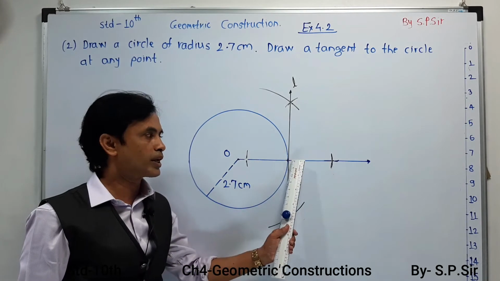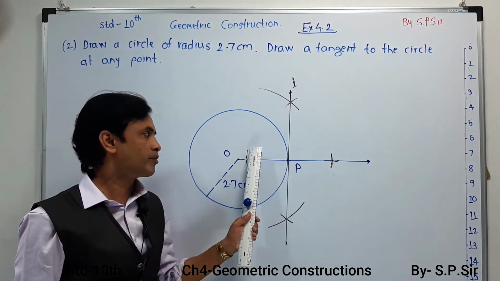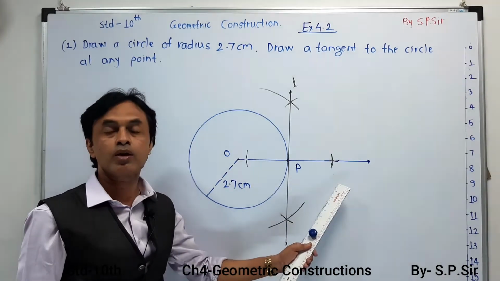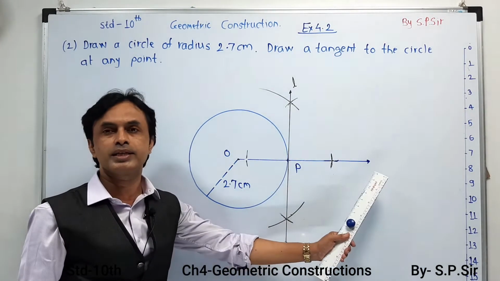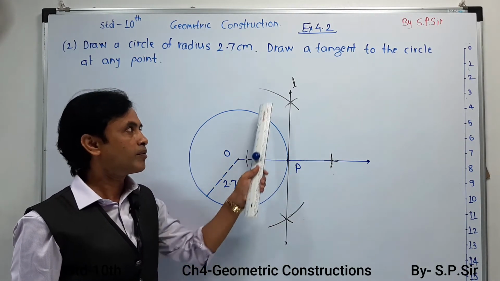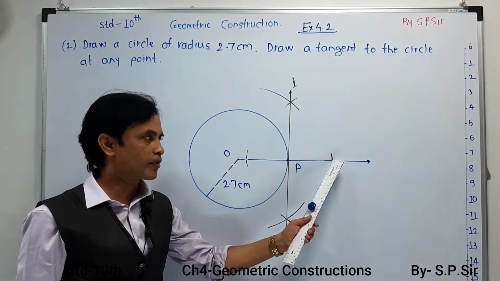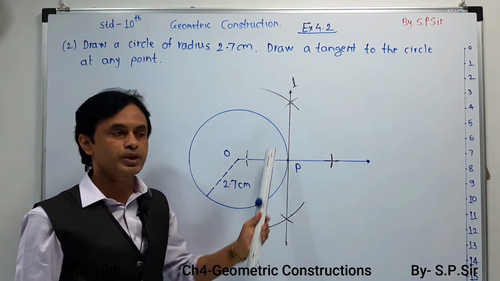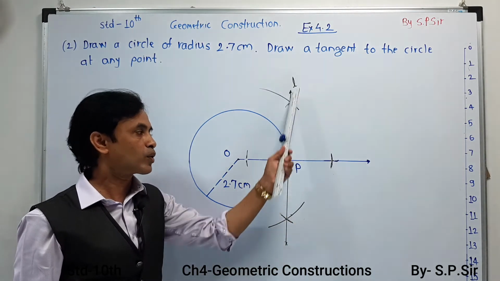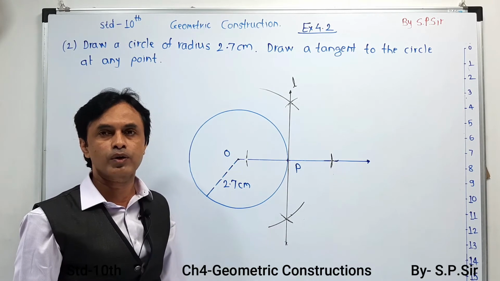After that, we have drawn a radius OP extended up to a certain part, and with the help of P, we have made the first arc and second arc on a part of the radius and the extended part. After that, taking the first point and second point as reference, we have made one mark upstairs and a second mark downstairs. Next, from the reference of the second point, we have made marks upstairs and downstairs, and we have drawn this line which passes through or just touches P, and in this way we have drawn a tangent.